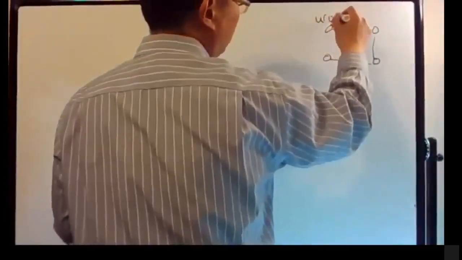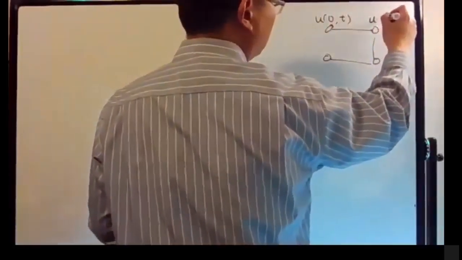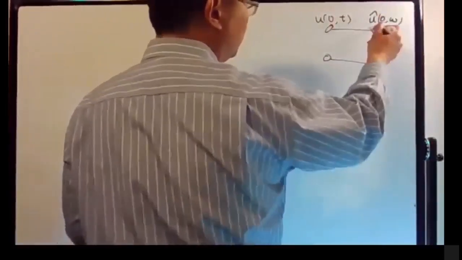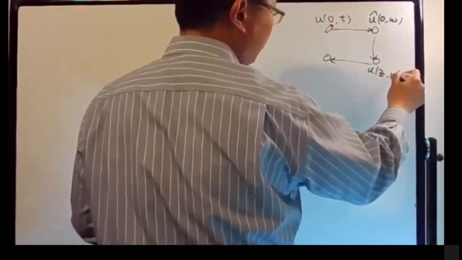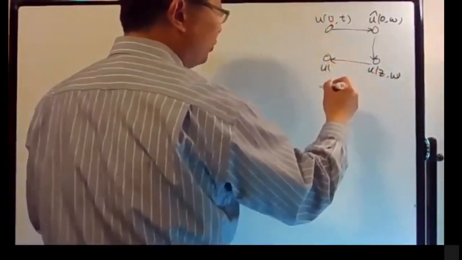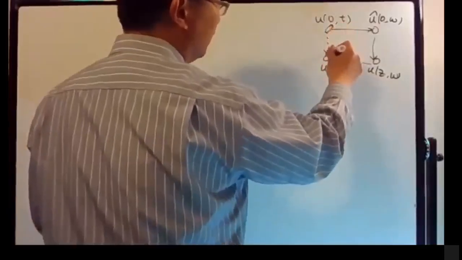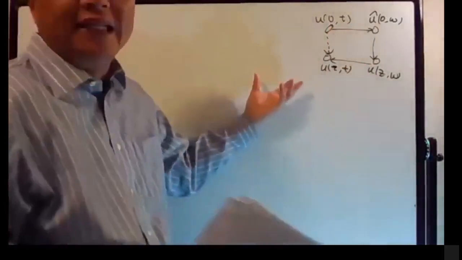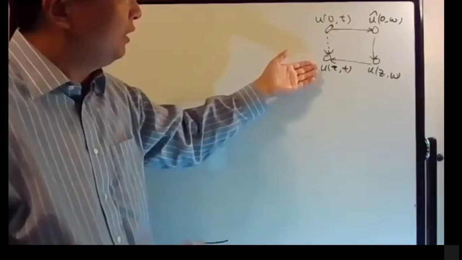So this is U0 of T, this is U0 omega hat, and this is U Z omega. Then this will be U Z of T. So in the electromagnetic wave propagating from Z equal to 0 to Z equal to Z,